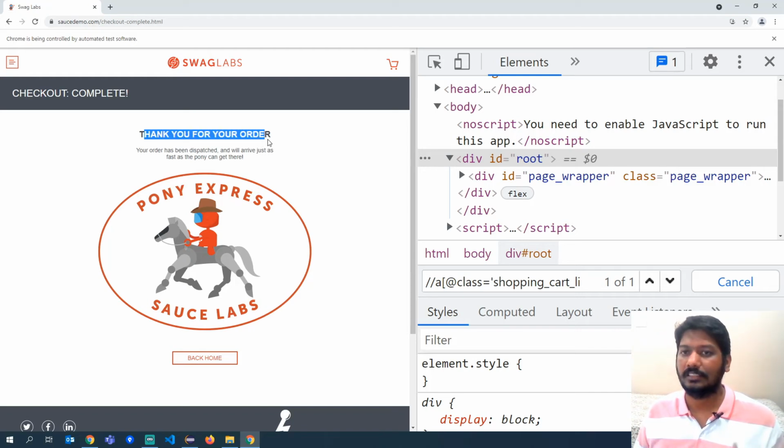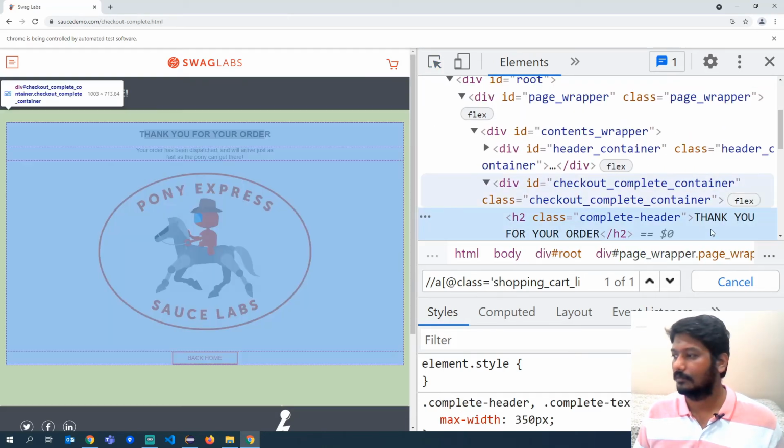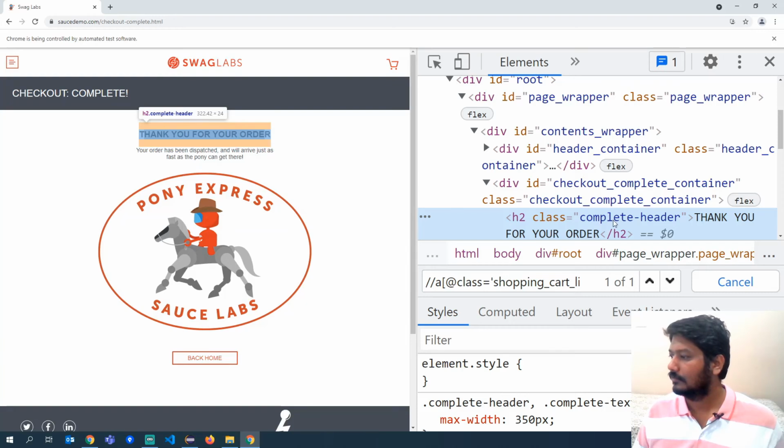That is how you actually validate if the complete scenario has been successfully completed or not. Okay, so how do you get that? First of all, inspect this. So here if you see, it says there is a header tag and then it says complete header.